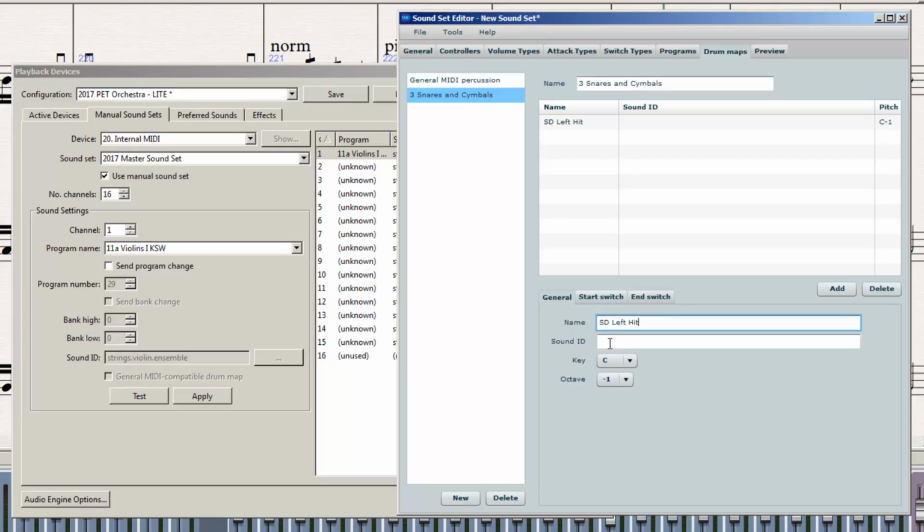Okay. So then I'm going to write in what sound ID this applies to. So when Sibelius is going through a score, what kind of sound ID would trigger this particular sound to be played? I'm not as familiar with all of the percussion stuff because I haven't done a lot of drum mapping. But let's say it's